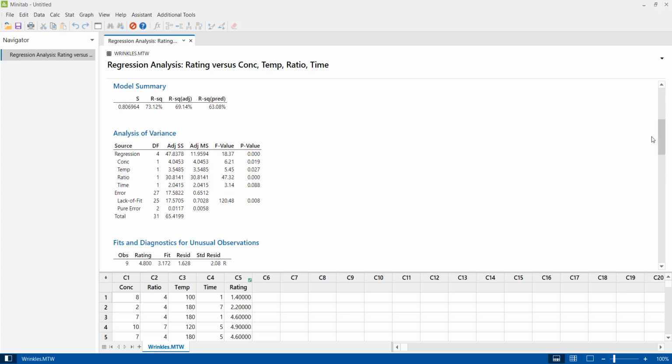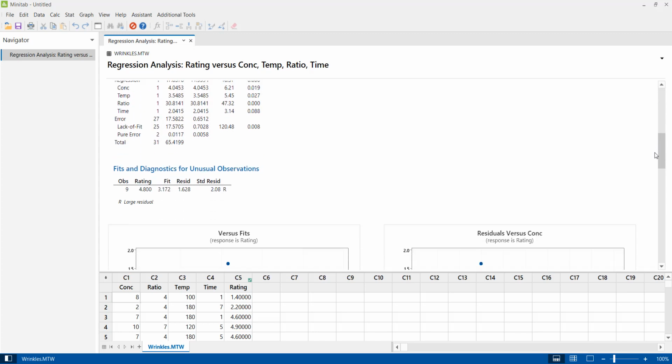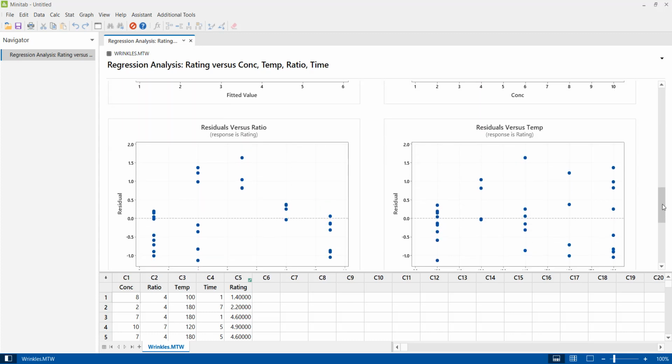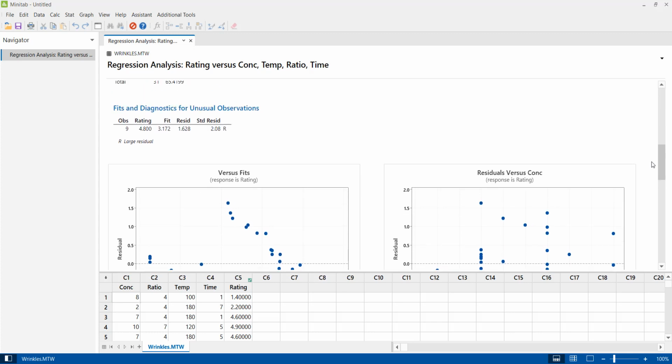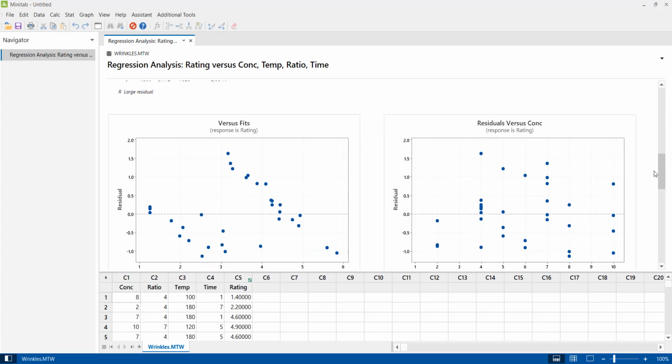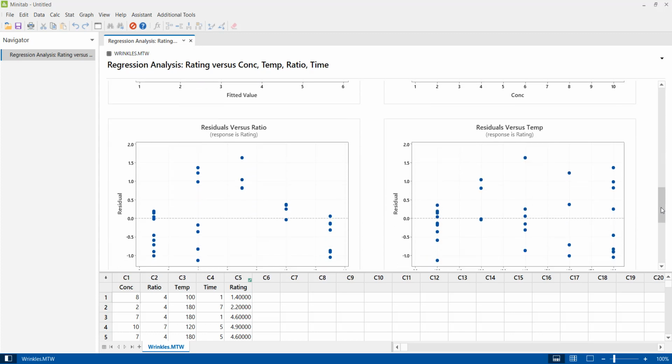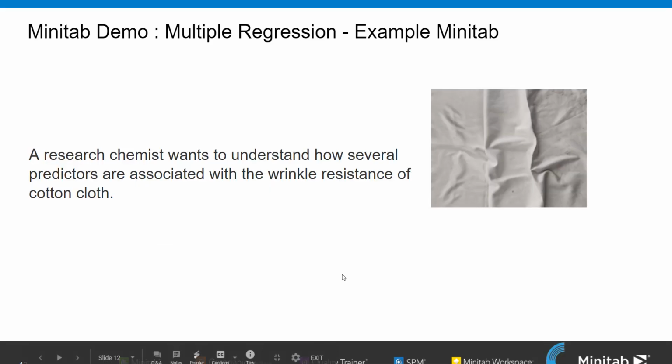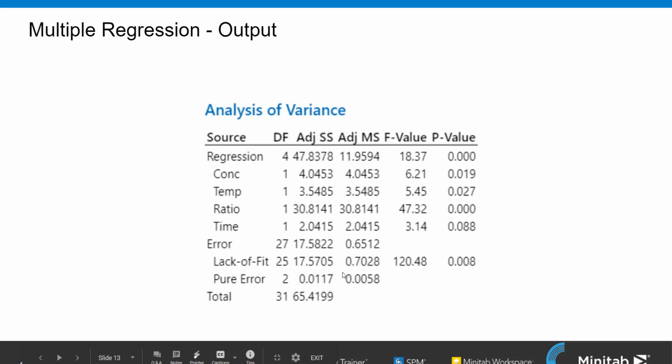So this is how you conduct a multiple regression in Minitab. And this is how you need to look at various fit plots and residual plots. Okay, let me go back to our presentation. So here you can see the output for that.